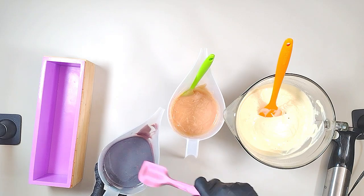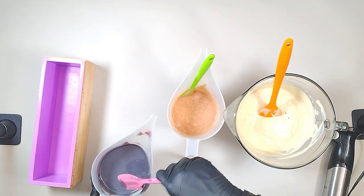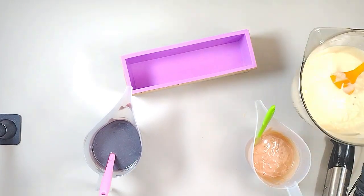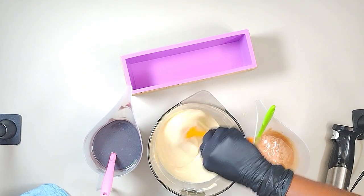You can use it for your own personal use, because you can always put them inside one of those exfoliating bags and use it that way. But you know, when you are making a batch of soap to sell, you would like to at least be able to sell that soap, right? So yeah,